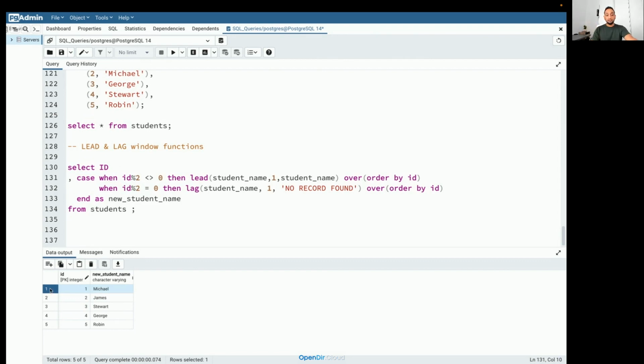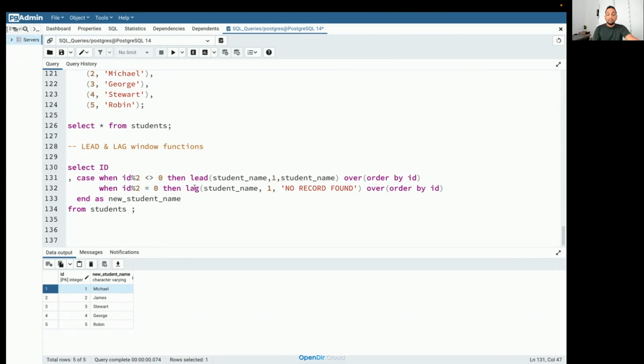So the first record gets processed. If I use lead, it's going to look for the next record. By default, it's always going to look for the one record next to the current record. So this is my current record, and one record next to that is this record, with the ID 2. I can change that 1 to 2 or whatever by giving a value in the second argument.